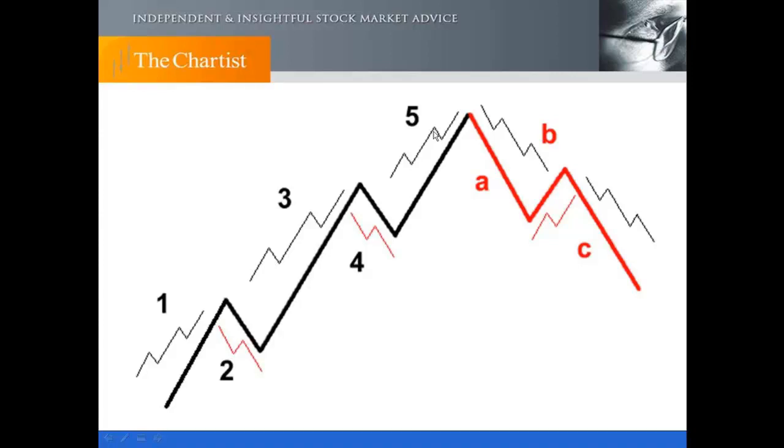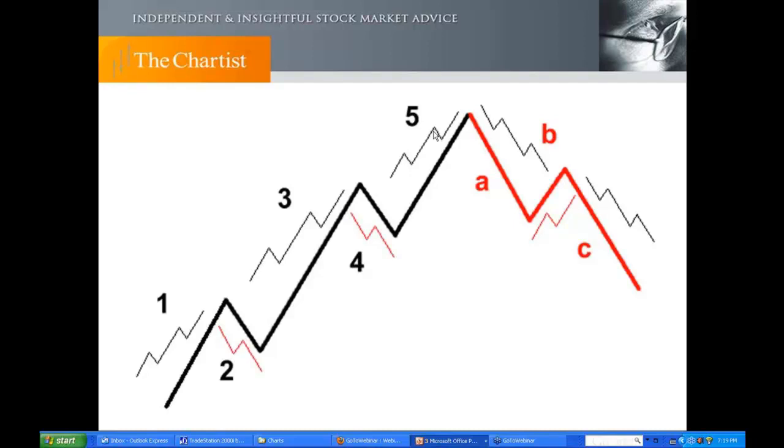Now the important thing to understand with Elliott wave is that every impulsive wave, that is waves 1, 3, 5, A and C, will all contain 5 waves. All corrective waves, which are waves 2, 4 and B, will generally contain 3 waves. Now when we look at end of day charts, which we will be doing tonight, sometimes it's impossible to see those distinctions. But I'll show you how to pick them up, because sometimes those distinctions will actually occur on an